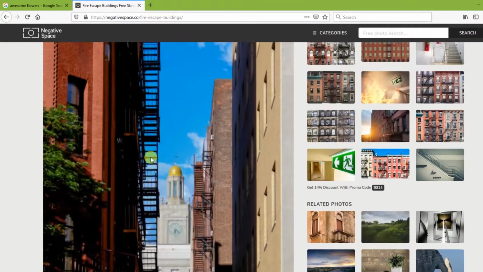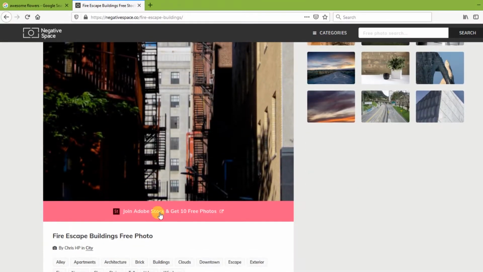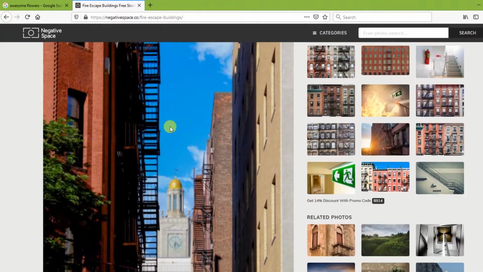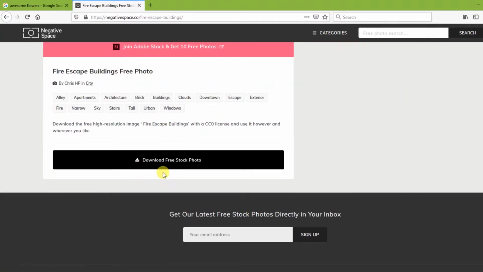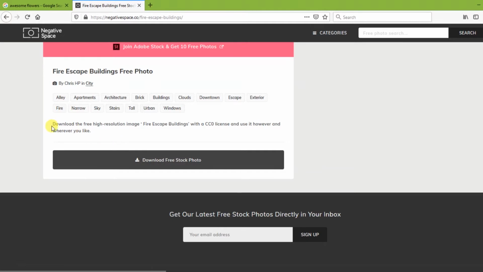So this is basically a portrait image. This is a very good image, I must say. So where to download it? Here you can see Download free stock footage, and it is written, download high resolution image with CC0 license. CC0 means Creative Commons 0, and this will allow you to reuse, republish, redistribute, and edit